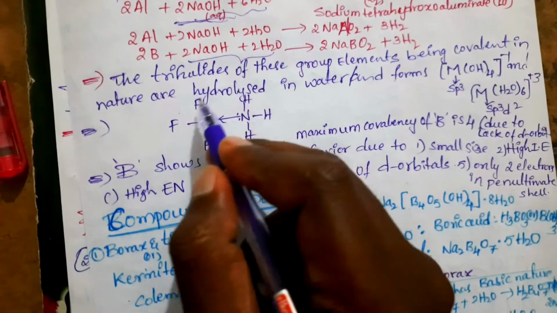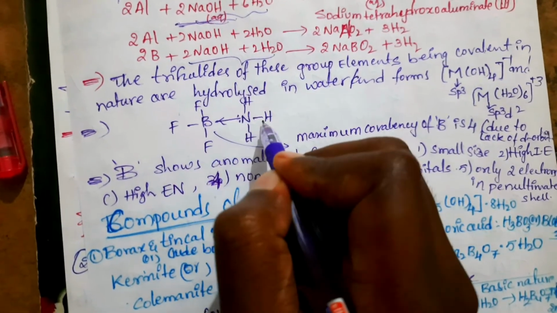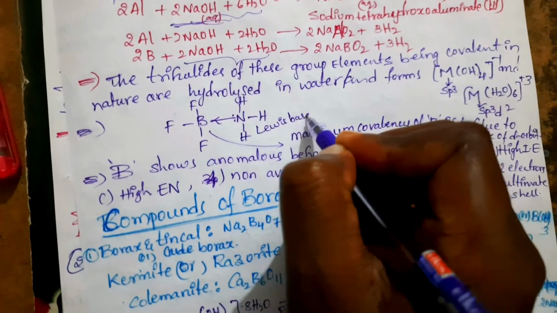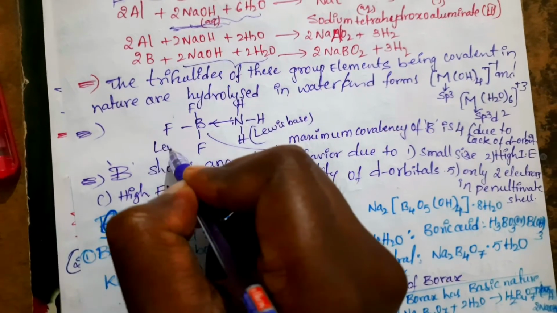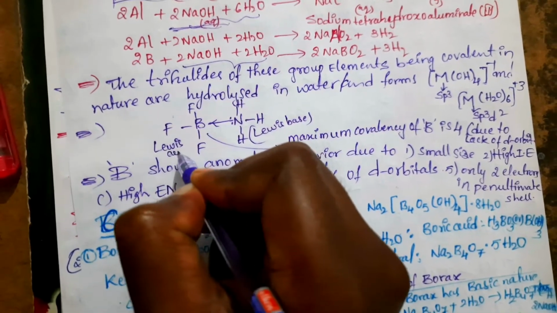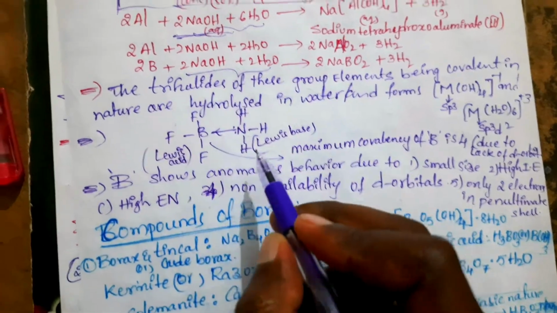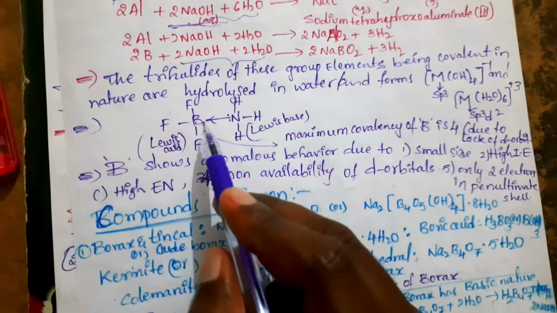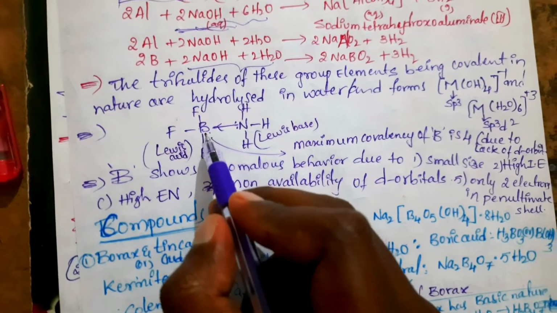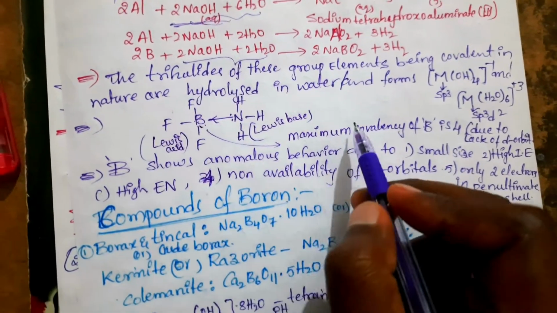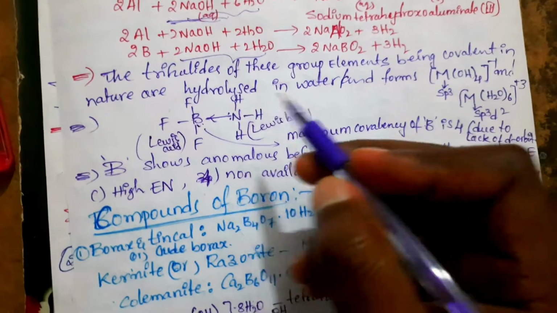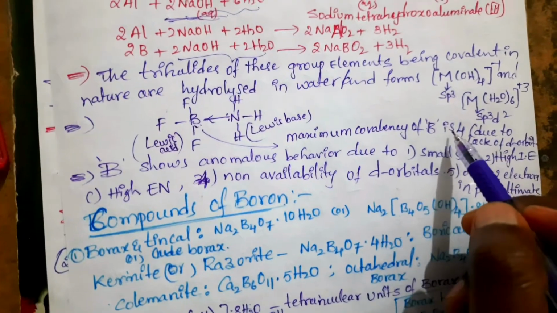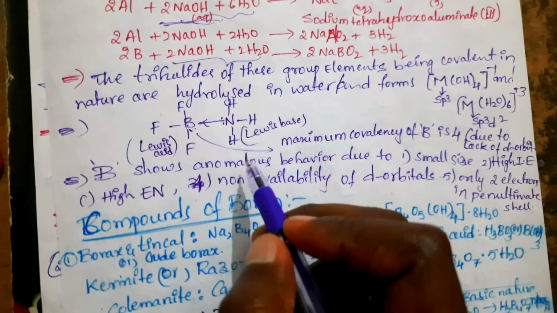In borane adducts, whenever it forms a dative bond, one is the Lewis base and the other is the Lewis acid. Whenever it accepts the electron pair from this Lewis base, it forms a dative bond. Here boron participates in sp3 hybridization. The maximum covalency of boron will be 4. It cannot extend its covalency just like aluminum extends up to 6. It cannot extend more than 4 because of non-availability of d orbital.